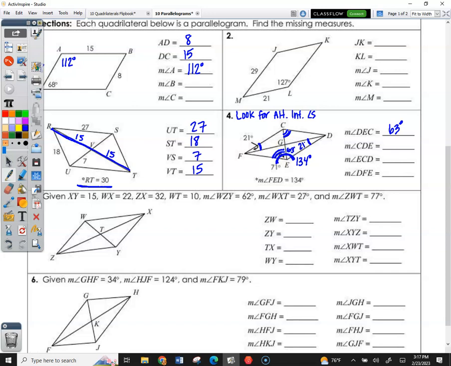Here's where it gets really crowded. Now we're doing CDE. CDE, so that means the whole corner. Well, if this corner is 134,